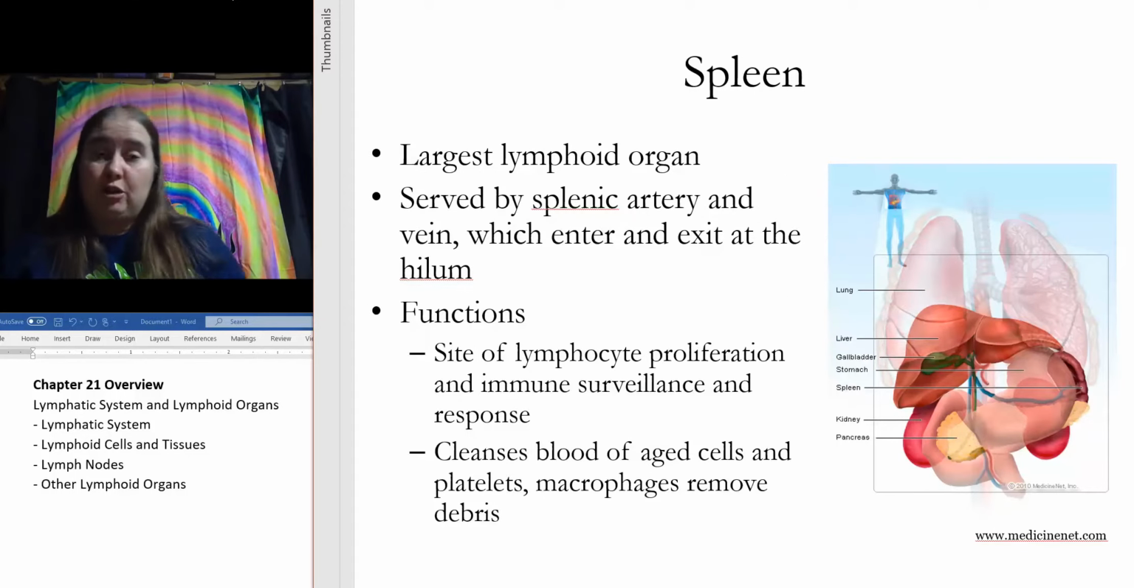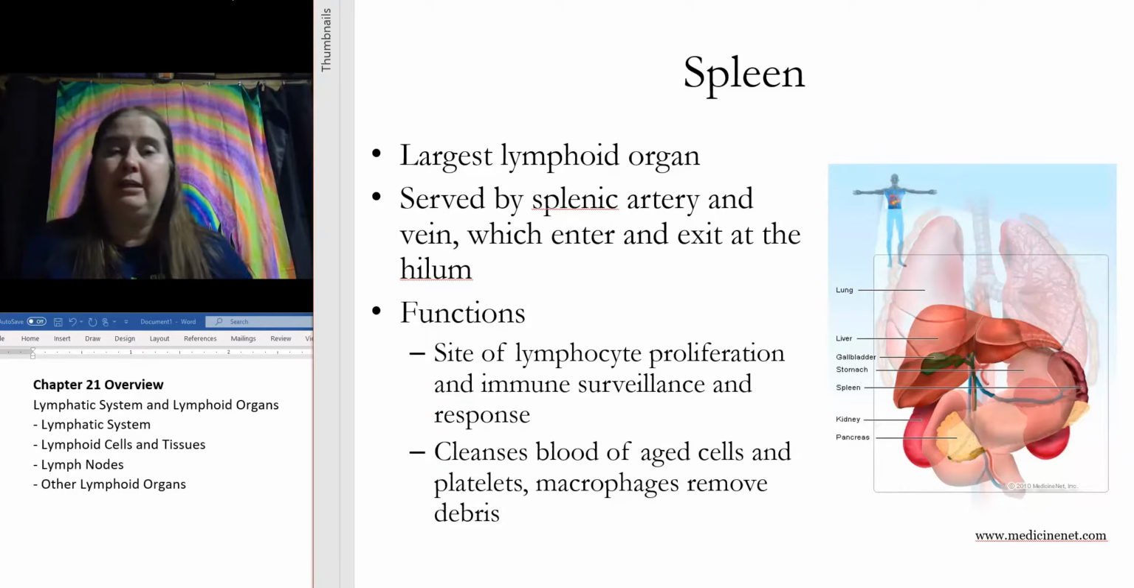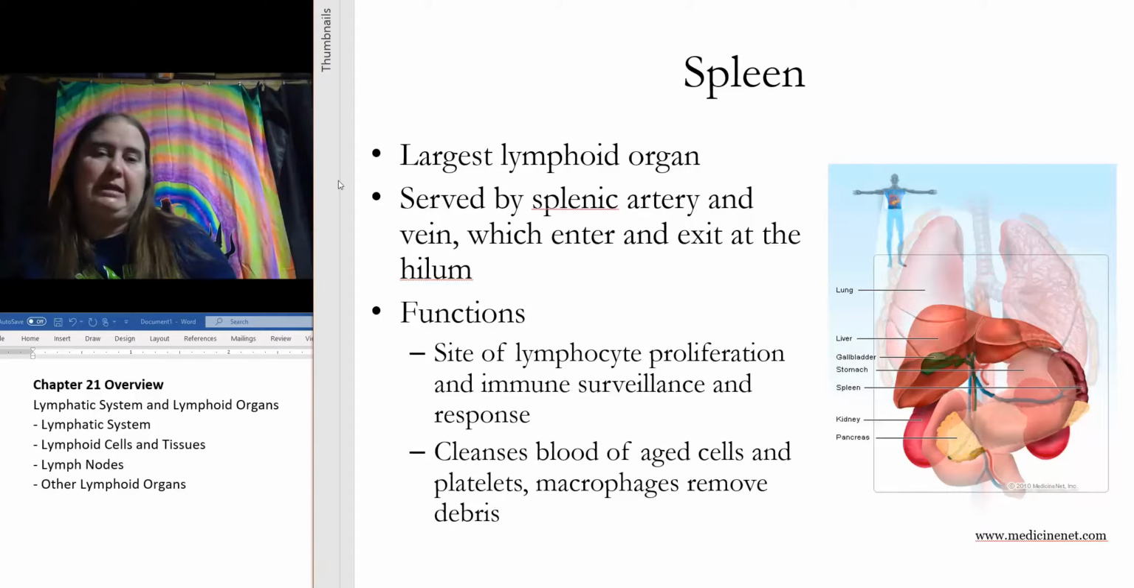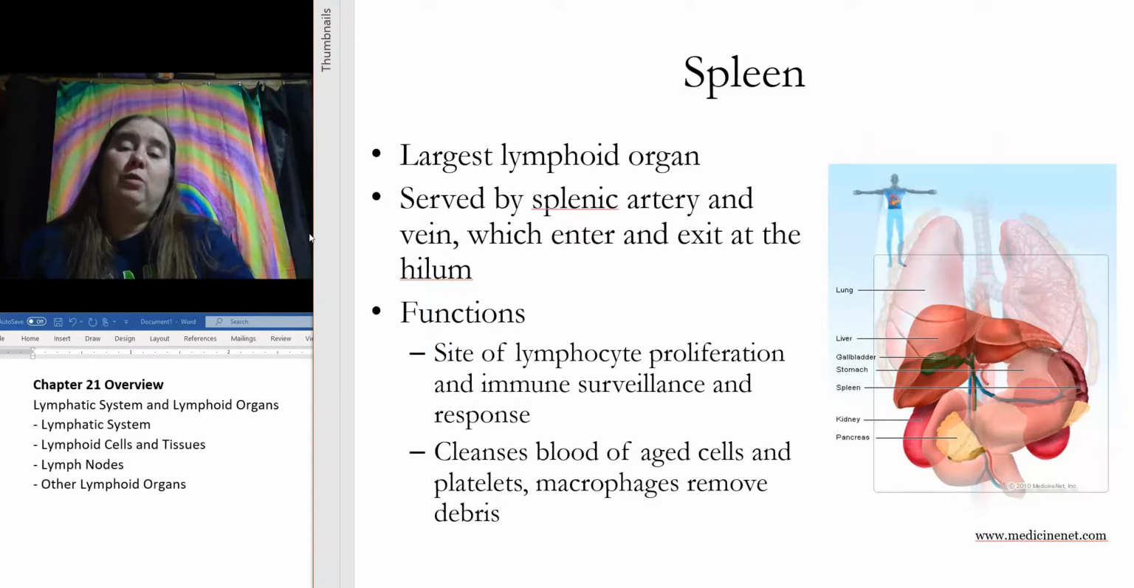So another structure we have within our lymphatic system is our spleen. Okay, the spleen is the largest lymphoid organ. It's served by the splenic artery and vein, and it enters and exits at the hilum of the spleen. And the function of the spleen is actually twofold. One, it's a site of lymphocyte proliferation and immune surveillance and response, which is kind of like what lymph nodes are as well. But the other thing that the spleen will also do is it actually cleans our blood,